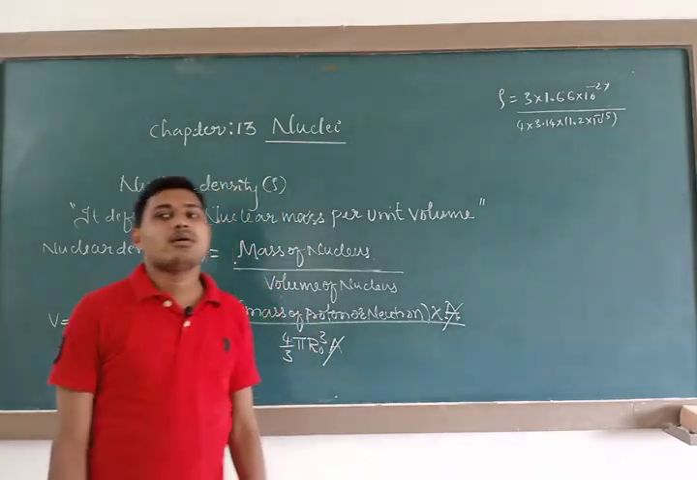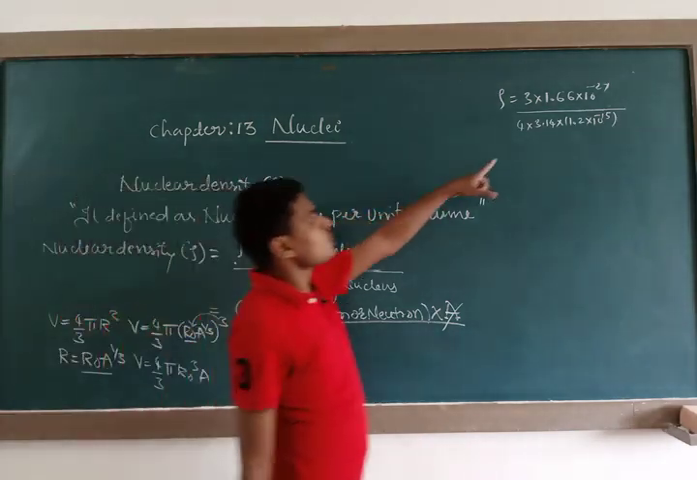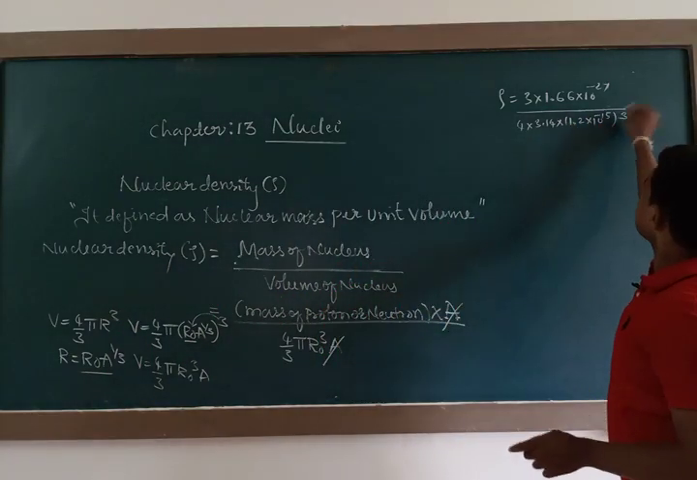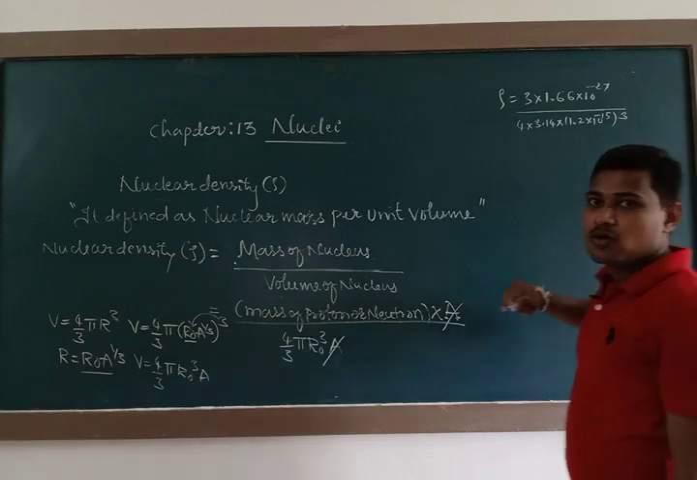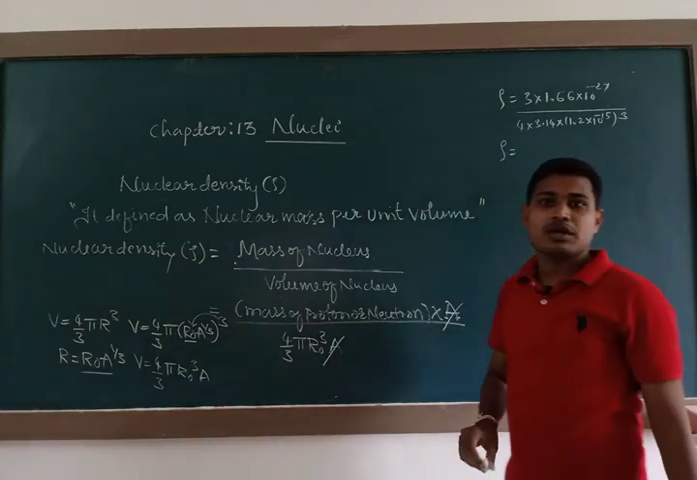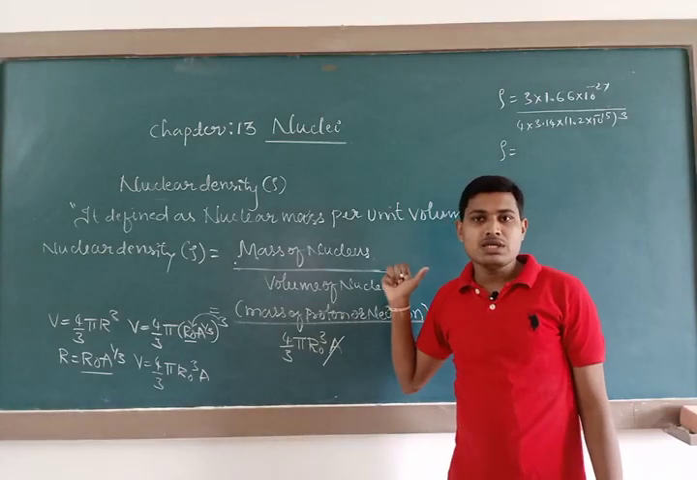So therefore, here rho is equal to this much value I am going to get. So this is r naught cube. Now what I am going to write, if I simplify this, what does rho become? Rho is equal to